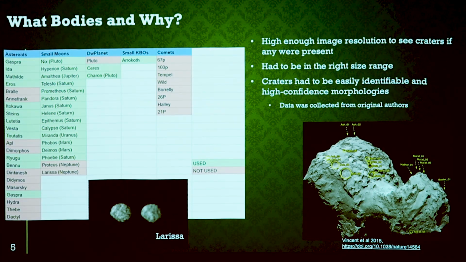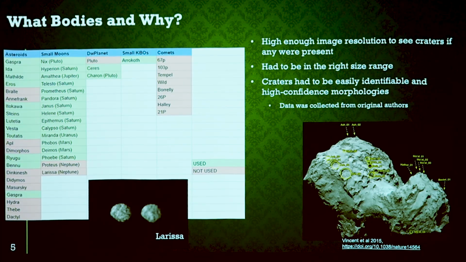This chart is a chart of all the small bodies we have visited and imaged via spacecraft. And the green means we used it, the red means we did not, and if we didn't use it, it's because it failed to hit one of these criteria. So it didn't match one of these criteria. So the first criteria is that the body had to be imaged with a high enough resolution to see if any craters were present. So for example, this illuminated Larissa down here, really good picture of the size and shape,